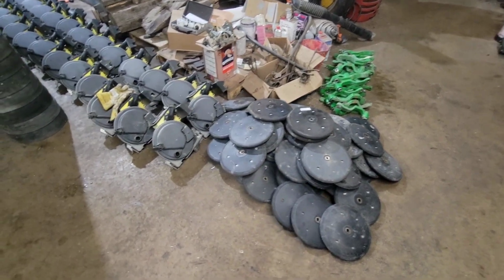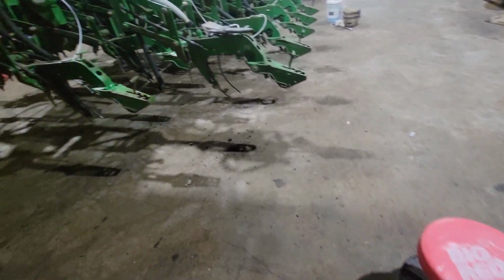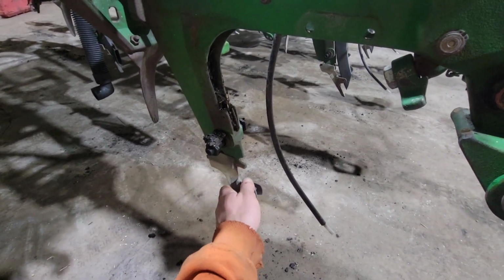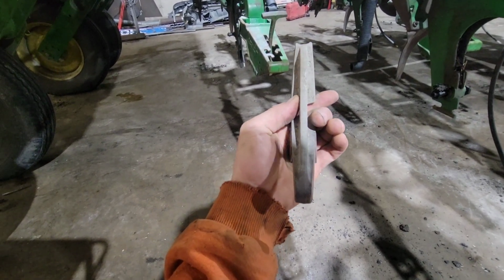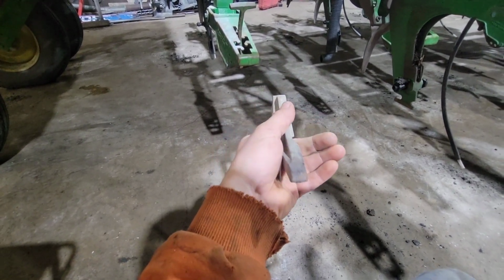Well, my pile of John Deere parts is continuing to grow, but we are getting there. Now we've got everything torn off. The last piece that we need to take off are the frogs, which are also known as the seed tube guards. And these are worn down. This is the 15-inch row, so it's not as used as often as the 30-inch row, but these are worn down, and